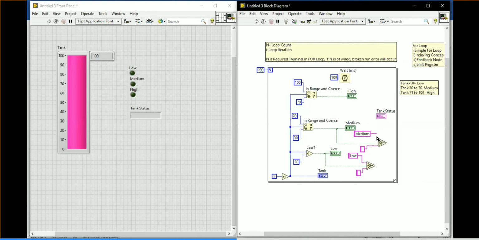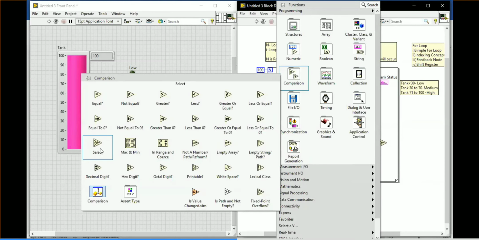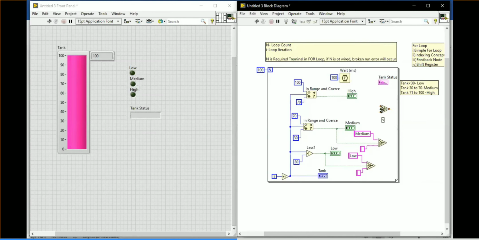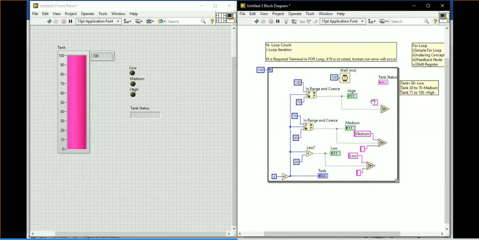Then I am going for the comparison select function for high. Here again it's a string constant, with the value high, and here it's going to be an empty string again.